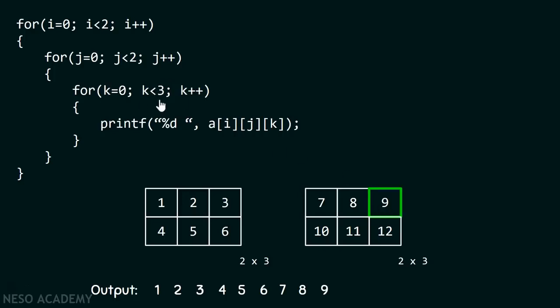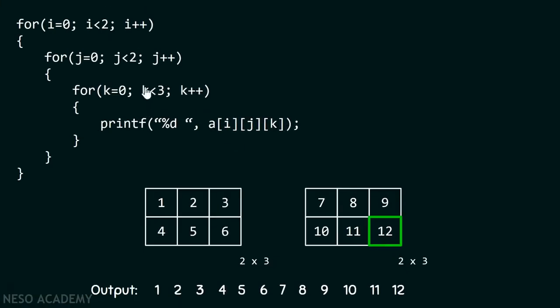After this condition is failed, we'll come to this point. j will get incremented, which means that we'll come to the second row. 1 is less than 2, condition is satisfied. Therefore, we will again come inside this for loop and again the value of k will get initialized to 0. This means now we are in the first column of the second row, right? Therefore, this element will get printed on the screen after this condition is satisfied. And now we know that these elements will get printed after printing 10.